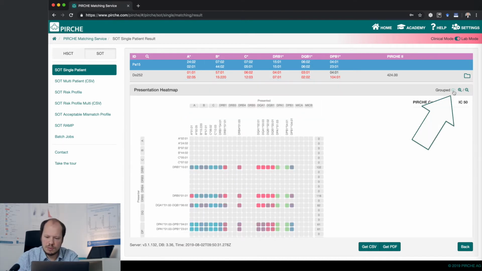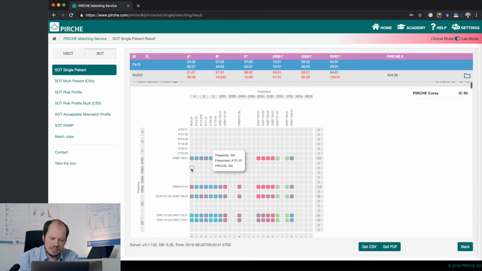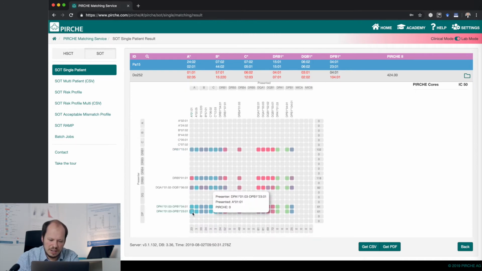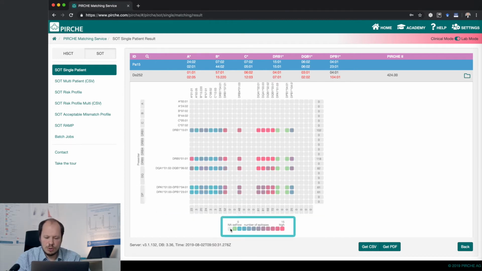By selecting the grouped button up here, you can even switch into a view where you see all the alleles here one by one printed onto that heat map. So this heat map actually shows you in gray the spots where no presentation is supposed to happen because no allele is given or this locus is not considered being presenting. In green you find the matched alleles that are considered as being self-peptides,